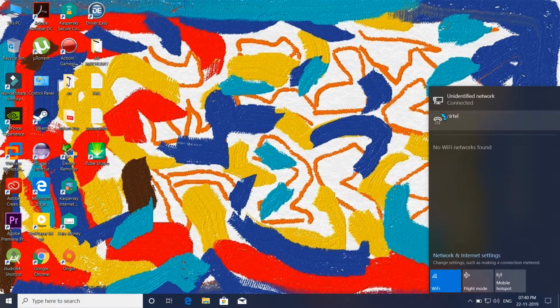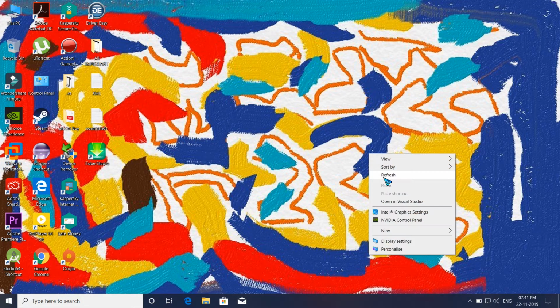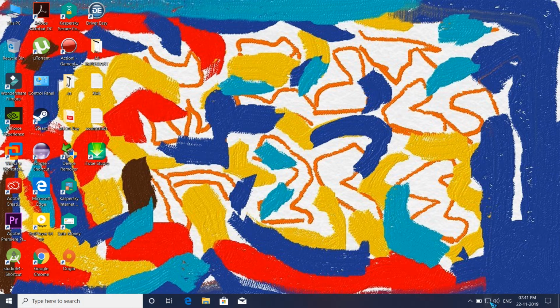Why is this? In maybe 90% of cases, yours should not be connected to the internet, because I have already configured this on my laptop. That's why it's saying internet access. In your case, it's showing the option that it is unable to connect to the internet. So what you have to do now is make sure the icon is visible here. It does not matter whether it says internet access or not.